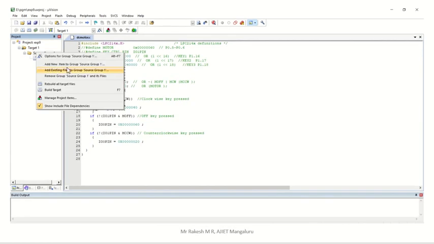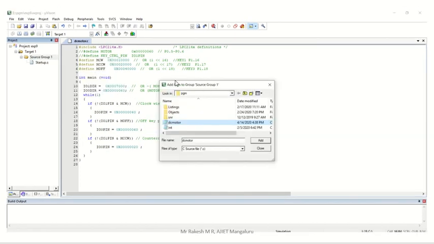Once you right click, you will get this screen here. Then you have to add whichever code you typed and saved in the particular folder. So select the second one, add existing file, because it already exists, you already saved it. While clicking add existing file, it goes to another window.